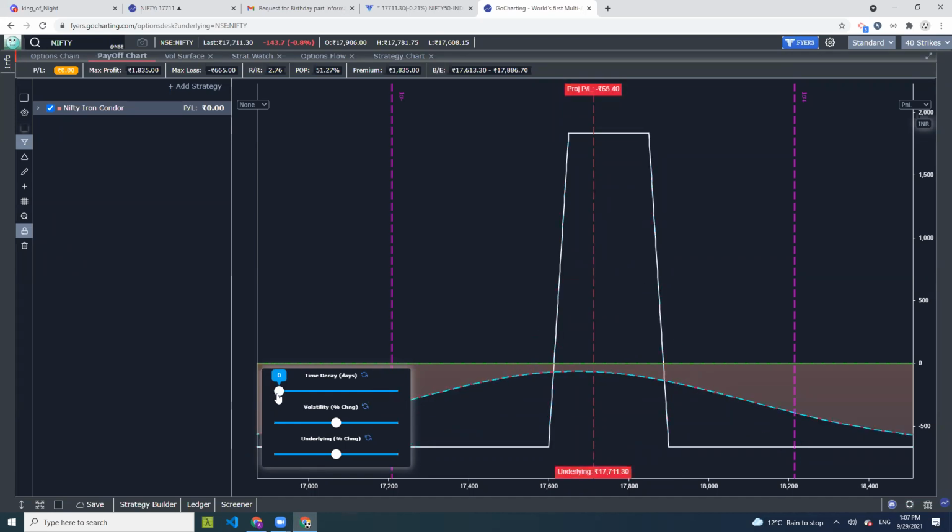Now the effect of volatility is something you can see by adjusting this slider. When volatility goes up, the PNL is going to get more and more flat, as you can see. As volatility comes down, it moves in the opposite direction, and your PNL is going to get steeper. I'm just going to reset this for now, and the underlying will move this top portion, which is the theoretical PNL that I'm showing here, accordingly. So this is how you can use the what if analysis bar.